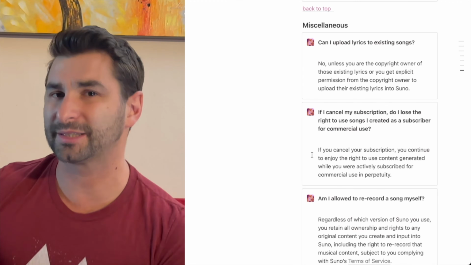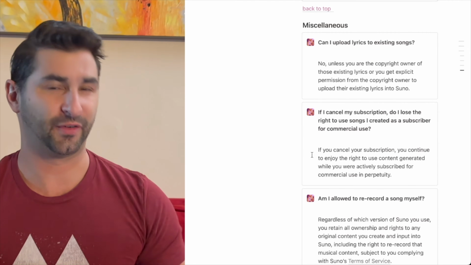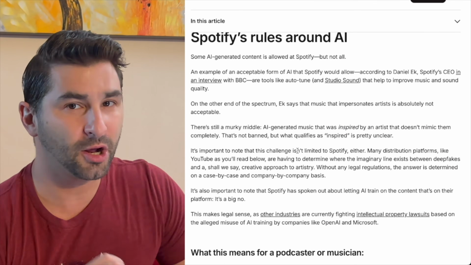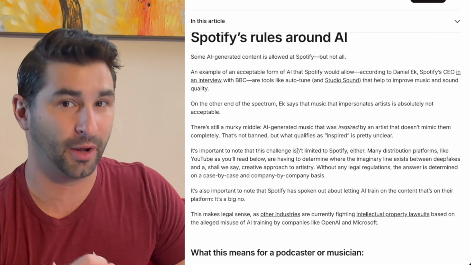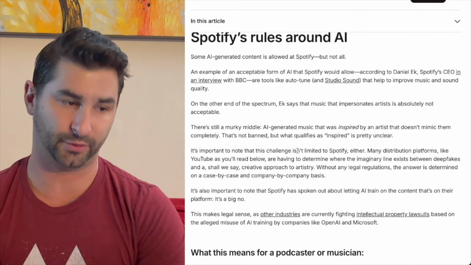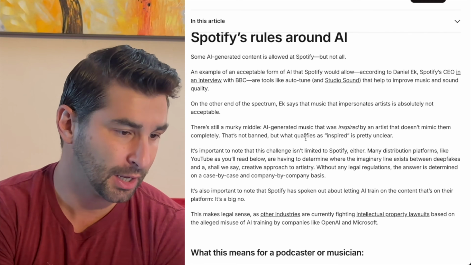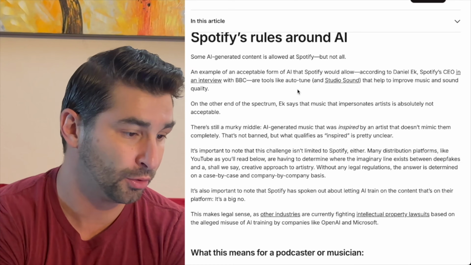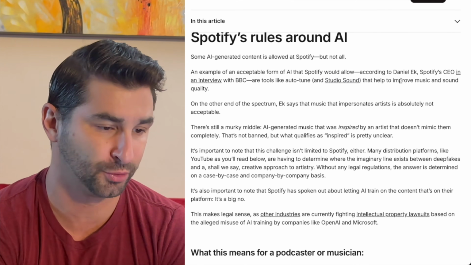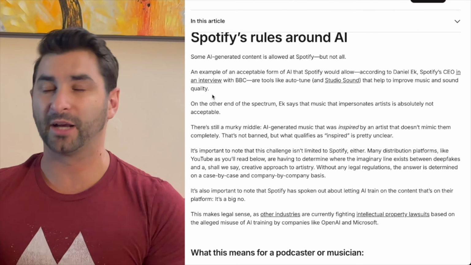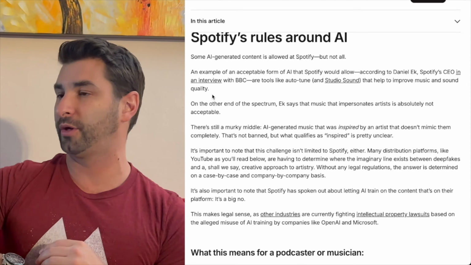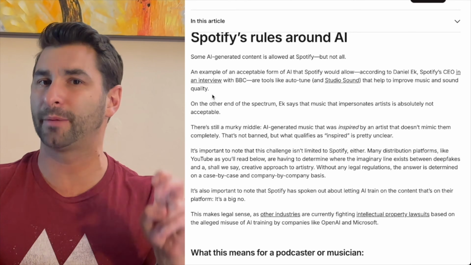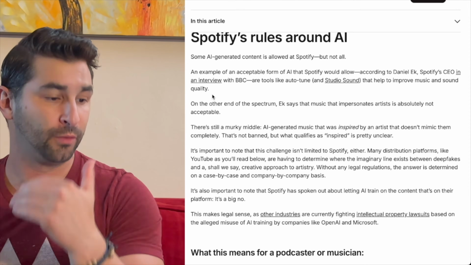But even though you have the commercial rights, can you actually release it on Spotify? Now, here's the thing that's even more tricky. Going down here, there's only been a couple things Spotify has actually mentioned about AI music, which I'm going to touch upon a bit later in this video. And the big thing is this. Yes, Spotify does allow AI tools, as they call them. So, for example, tools like Auto-Tune and Studio Sound that help improve music and sound quality. Okay, so they're basically saying if you're a producer, you're working with other musicians, you use an AI tool. So not necessarily AI-generated music, but you're using an AI tool that is allowed.